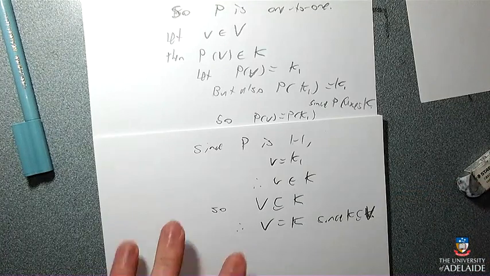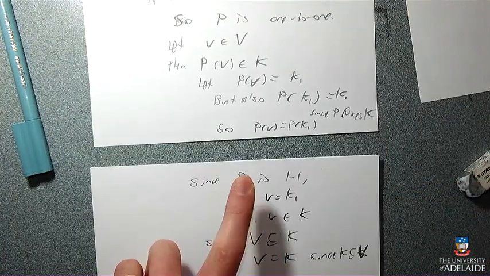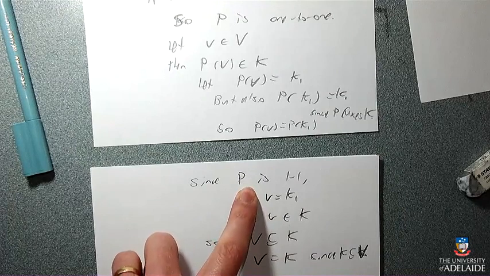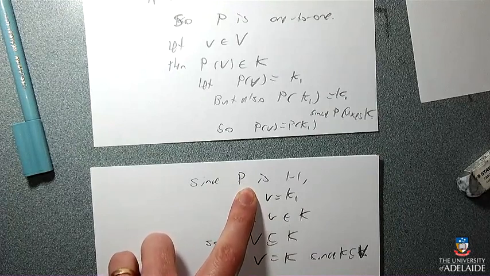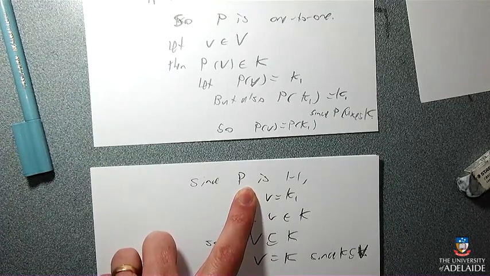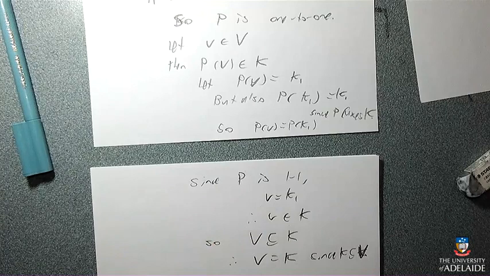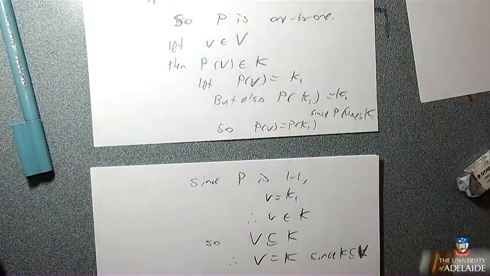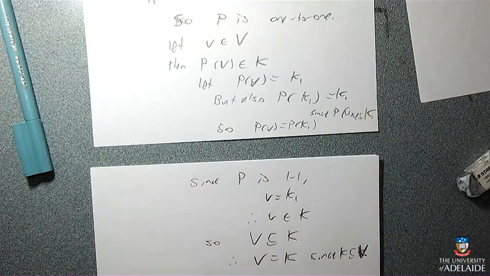So you'll notice that I didn't write the word "it" here. It's bad practice to write it in a proof. You should always refer to the specific thing that you're referring to. If you say "it", it's not clear what object you're talking about. I mean, it's obvious here, because P is the only function in this story, but still, you shouldn't say it if you can say what it is. That's just some good writing.